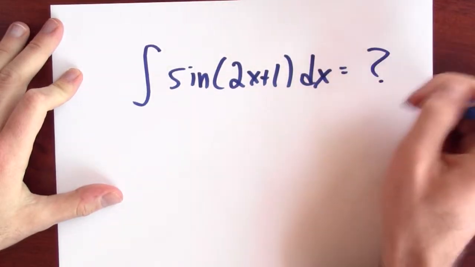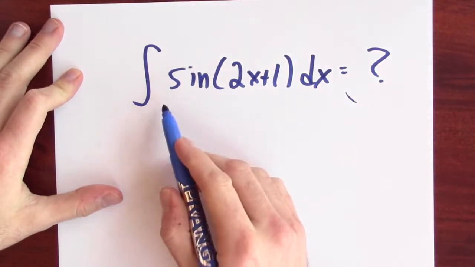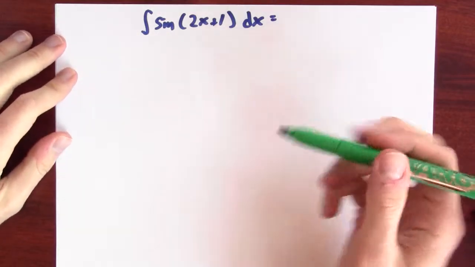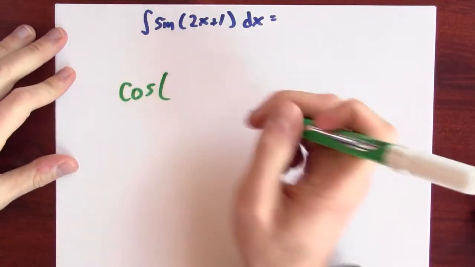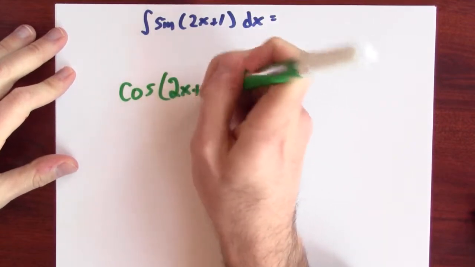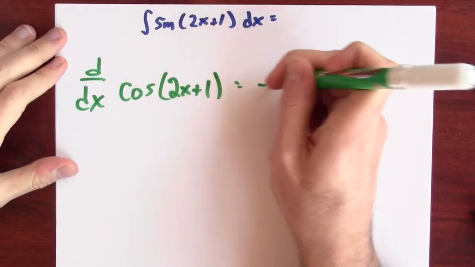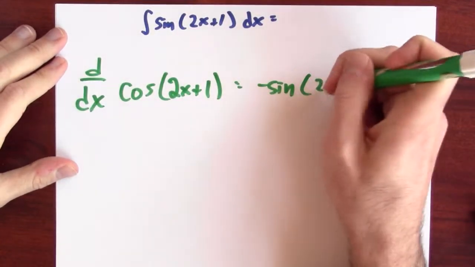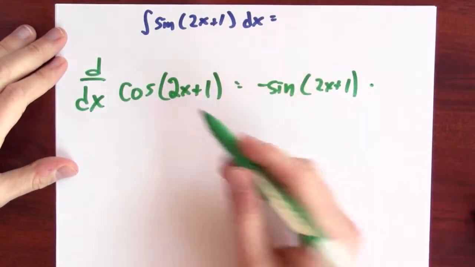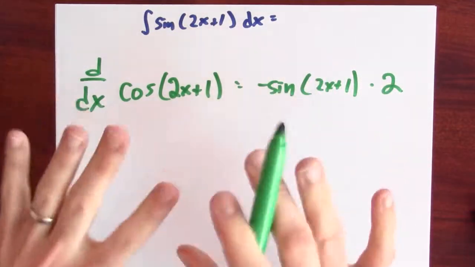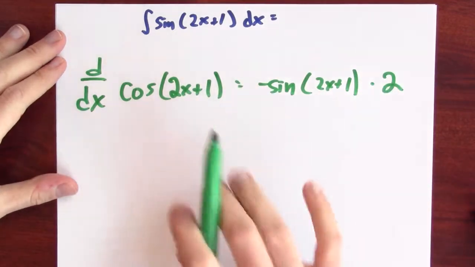Right? I'm looking for some function which differentiates to sine 2x plus 1. I might guess that the answer will involve cosine. Well, I know that cosine differentiates to minus sine, so my first guess might be cosine of 2x plus 1, because if I differentiate this, I get minus sine of the inside function times the derivative of the inside function. So this is not exactly this, so I haven't quite found an antiderivative, but it'll be easy to patch that